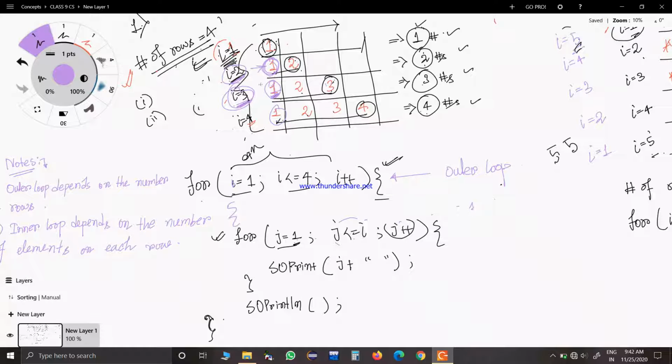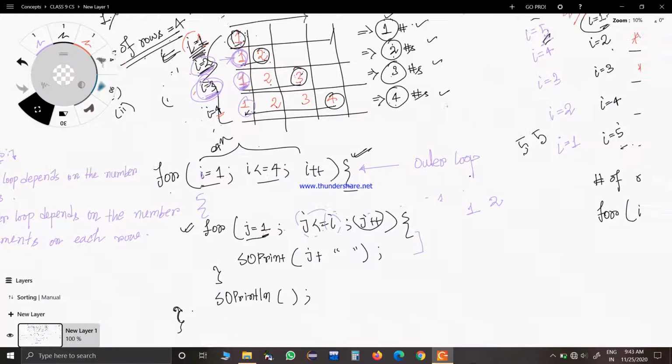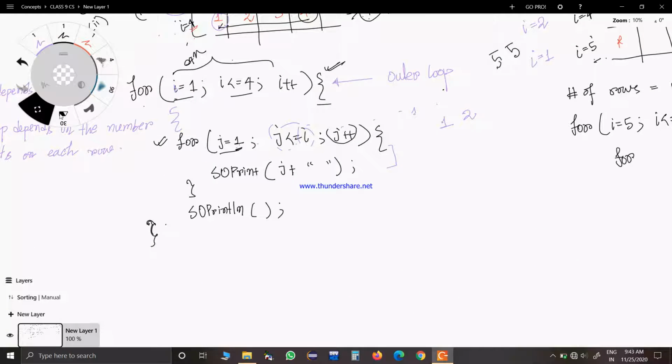So you can see how this is correct, because consider I equal to 1. For I equal to 1, this will be correct because j will start from 1 and then execute the body, and then again it would increase to 2, but this condition would be false there because I is 1. As you can see in the dry run, for I equal to 1, the inner loop first has to run.